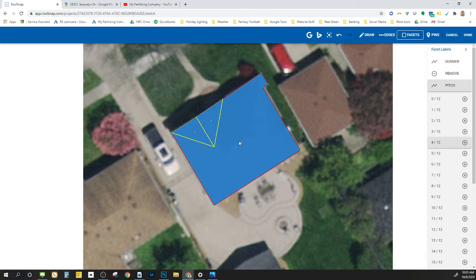Again, we're not measuring it. If you wanted to do all the facets at once, you would just hit a 4 up here, and it changes them all. In order to turn one off, you could always just hit the back button and go back or go forward, whatever you want. But if you just want to do one at a time, you would just hit this left side, then you just click on the button. Again, if you wanted to do all the facets, just hit the plus symbol,